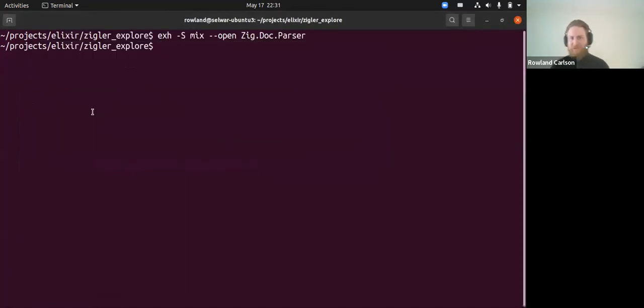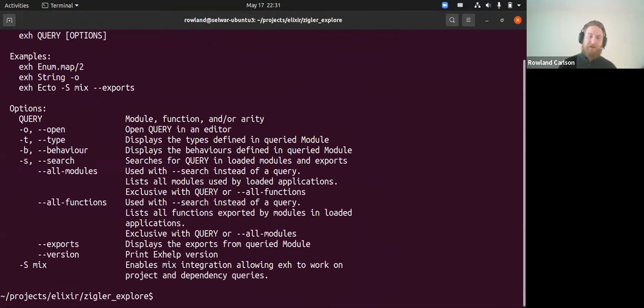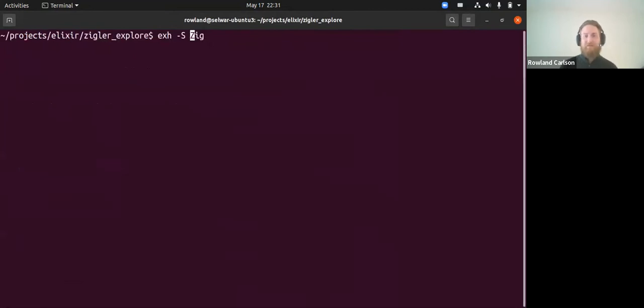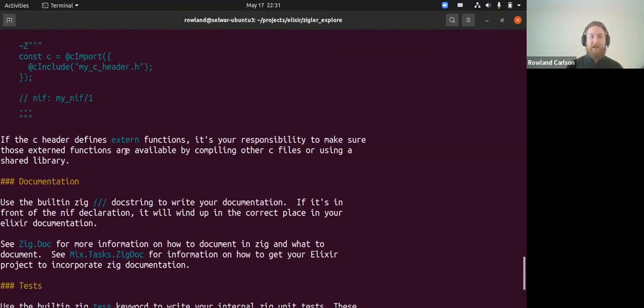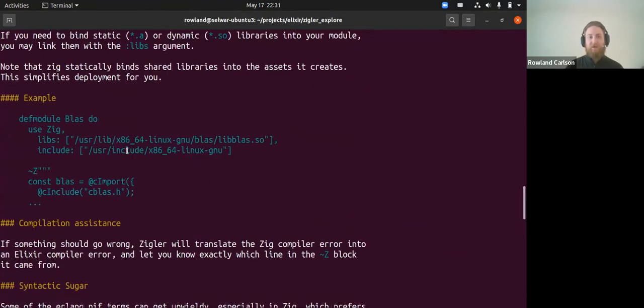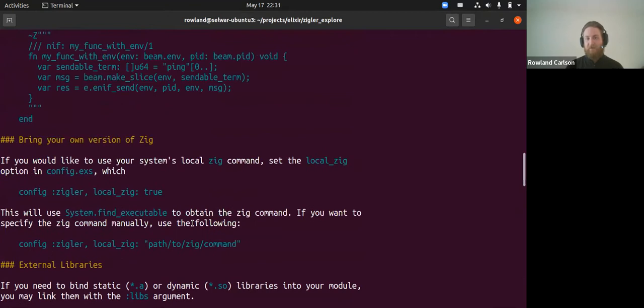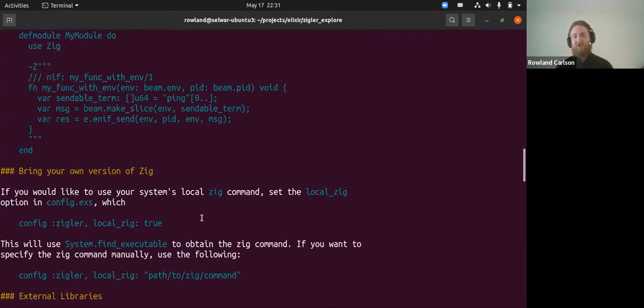And similarly, I can look at documentation directly. So I can pull up the documentation for Zig. It takes a bit longer. Helps if I actually add the mix flag and don't just go directly into the module. The mix does take a bit longer just because it is starting up the project and making sure that mix is running. But now I can read the documentation for Zig that I already have downloaded because my project has it downloaded as a dependency, and read through the documentation without tabbing out to a browser,